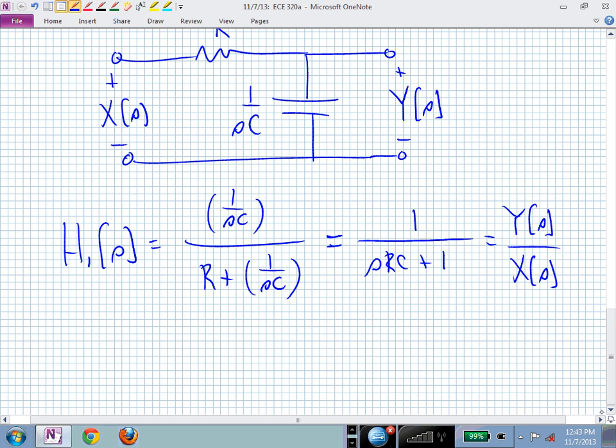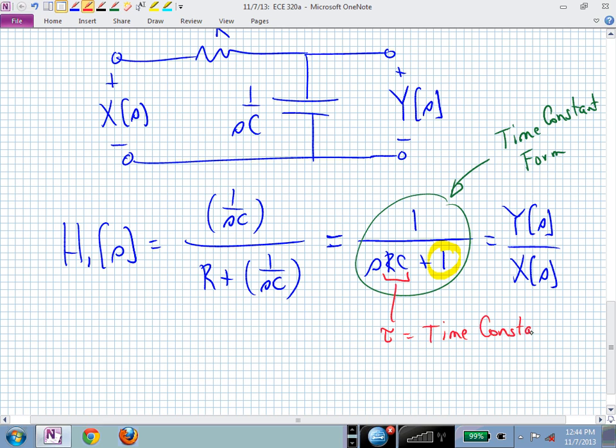And this is our transfer function. The ratio of the output's Laplace transform over the input's Laplace transform. In terms of a circuit or a transfer function, what form is this in? We have the two forms: time constant form and pole zero form. We've normalized this indirectly to have our constant term equal to 1. If all your factors have their constant equal to 1, that's time constant form. So this is now our time constant form, and our time constant is sitting right here. Somebody might call that tau, and that's our time constant in this first order